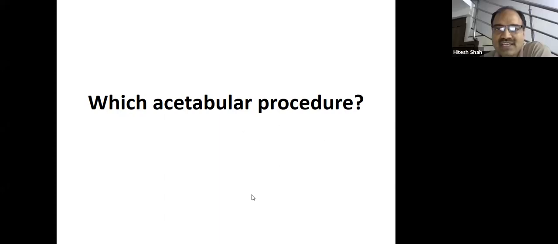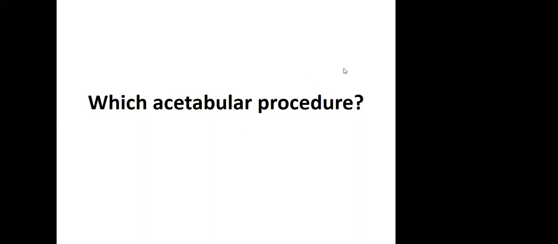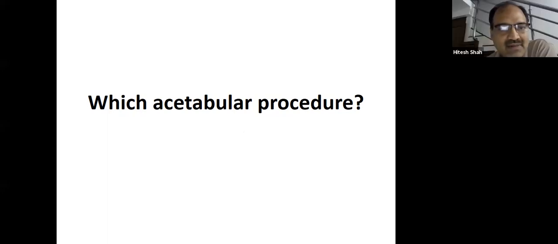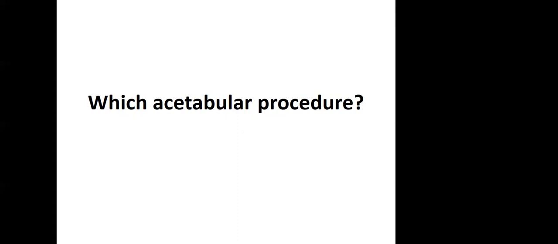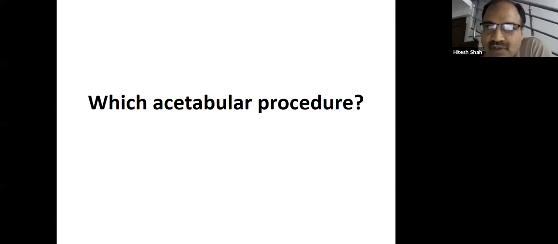So when you see this X-ray, what was there? Somebody said osteotomy, somebody said Pemberton osteotomy, somebody said redirectional osteotomy. Redirectional. The acetabulum is shallow, sir. It needs reshaping. I will go for Pemberton osteotomy. Yes, sir. Okay. So what is the difference between Salter osteotomy and Pemberton? We'll not confuse more. What is the difference between only two osteotomies, Salter and Pemberton?